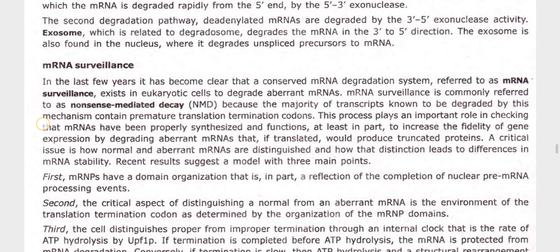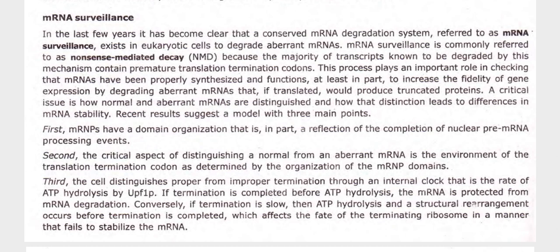Then, mRNA surveillance. In the last few years, it has become clear that a conserved mRNA degradation system, referred to as mRNA surveillance, exists in eukaryotic cells to degrade aberrant mRNAs. mRNA surveillance is commonly referred to as nonsense-mediated decay, or NMD, because the majority of transcripts found to be degraded by this mechanism contain premature translation termination codons. This process plays an